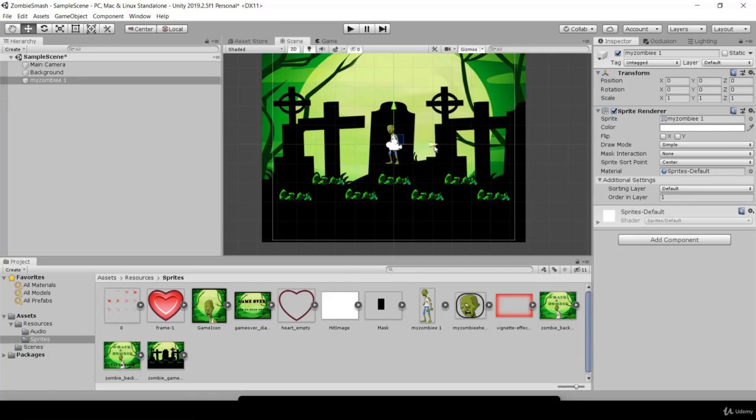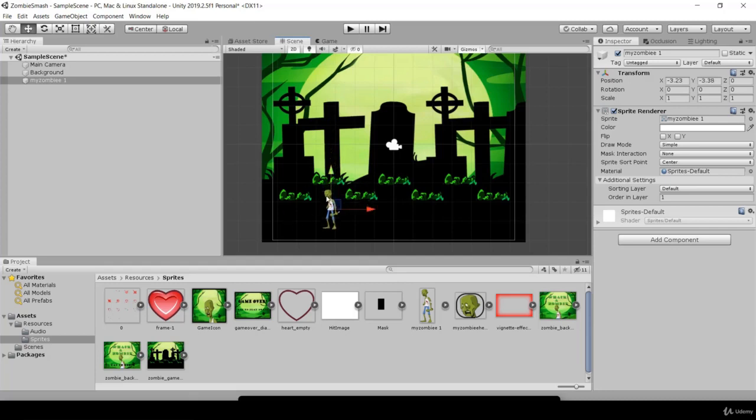Anyways, as you can see, I can move this zombie. And in our game, we're going to position our zombie something like this, under the ground. When the game starts and the zombie spawns, he's going to move up like so, and it's going to feel like he's coming out of a hole. The way we're going to accomplish this effect